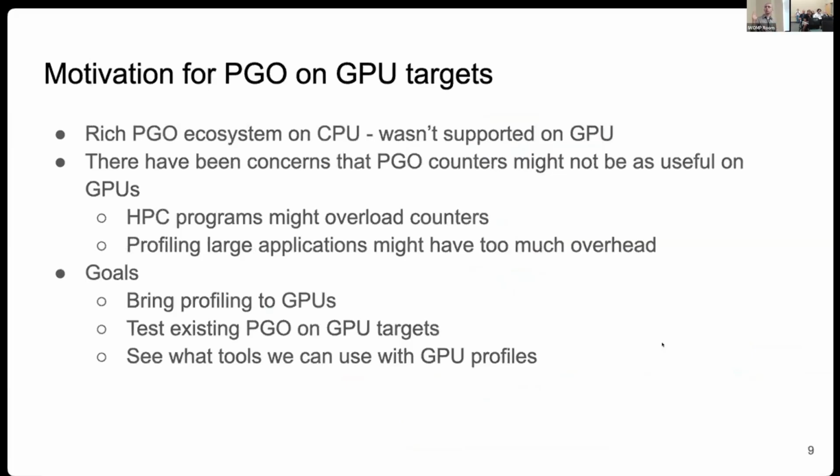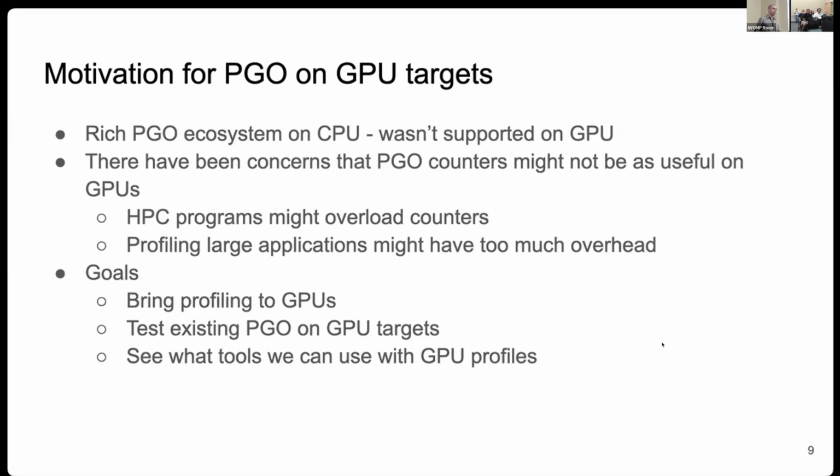So why are we doing this? We have this rich PGO ecosystem on the CPU that wasn't designed for the GPU and formerly couldn't run on the GPU. And there have historically been some concerns about extending support to the GPU for profile instrumentation. One has been that maybe the overhead that these counters create might be just too much for some HPC programs. Because when you're running things in parallel at a massive scale, those little increments really add up to a lot. Another concern was maybe that high performance computing programs would overload the counters and